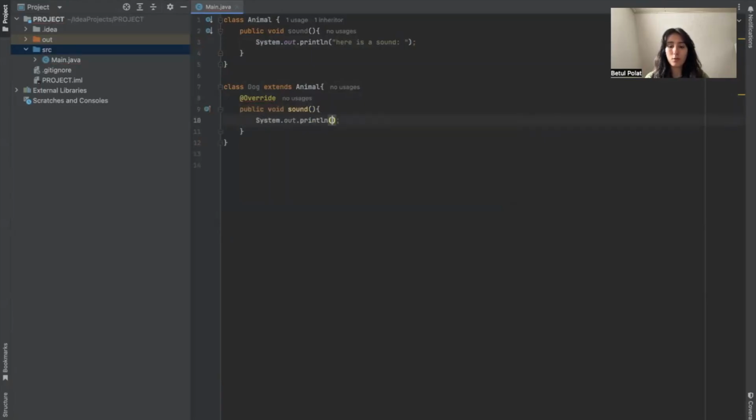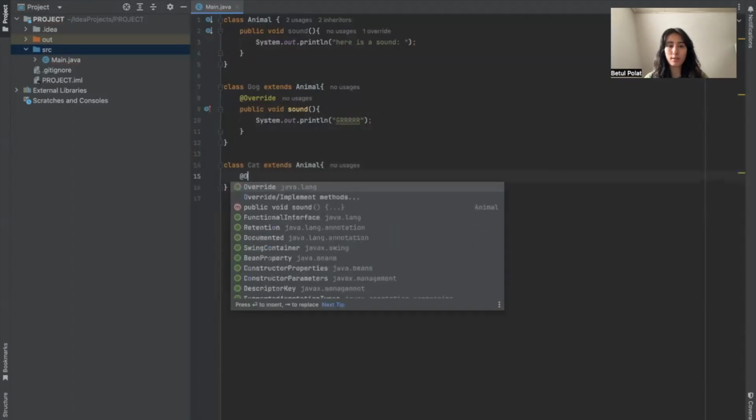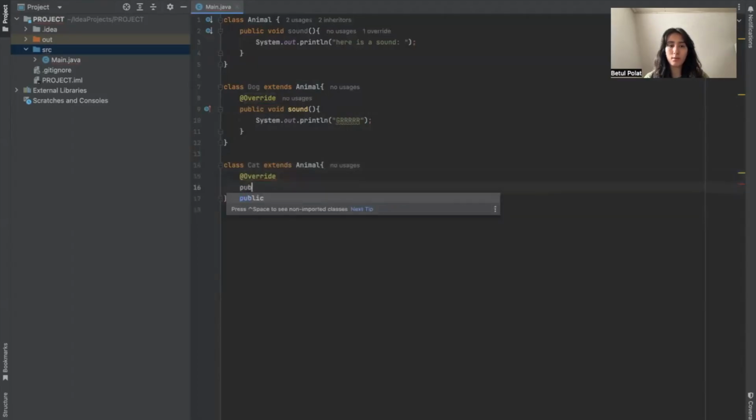The sound of a dog can be, let's say, grrr. And let's have one more class, which is Cat, extends Animal. In this class, we override the same method again. Public void sound, System.out.println. The sound of a cat can be